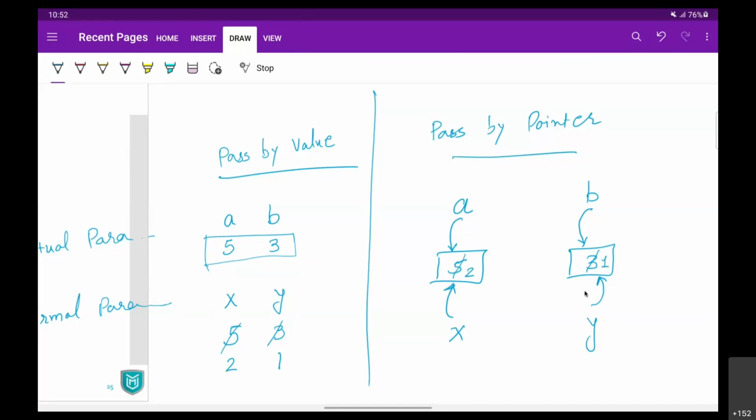Okay, so I hope that for now the basic understanding of pointer is okay. It is just a reference. It is not a copy. This was the copy, right? Any more doubt till now? Pass by value and pass by pointer, या तो फिर call by value and call by reference.